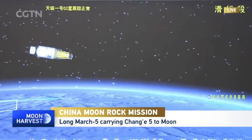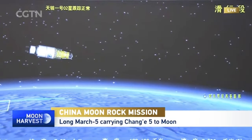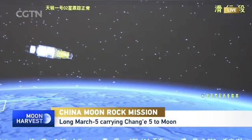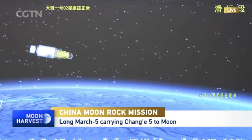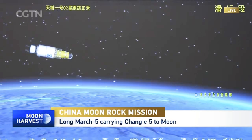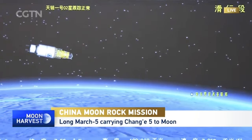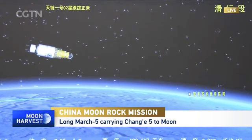So as we call it, to escape from the Earth gravity, the Earth orbiting satellites have a lower velocity compared to this mission. If you go to the moon, you have to escape the Earth gravity. So we need to fire multiple times at apogee and perigee, and sling off the spacecraft to the lunar